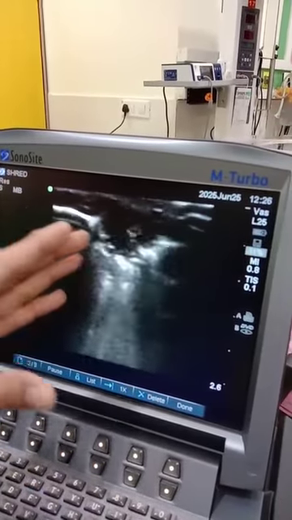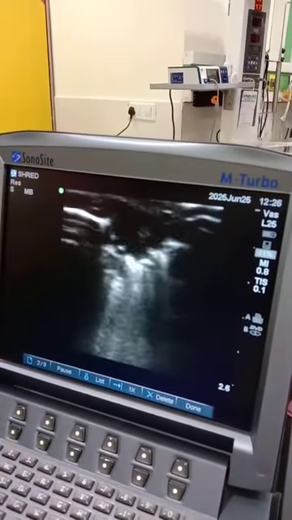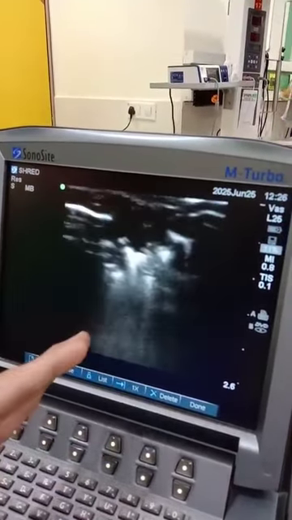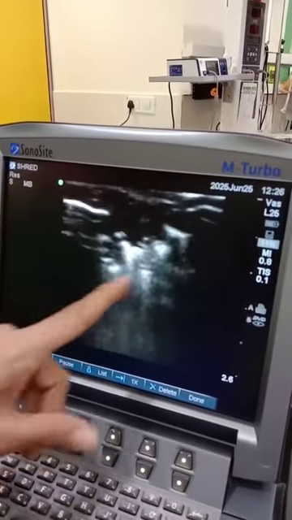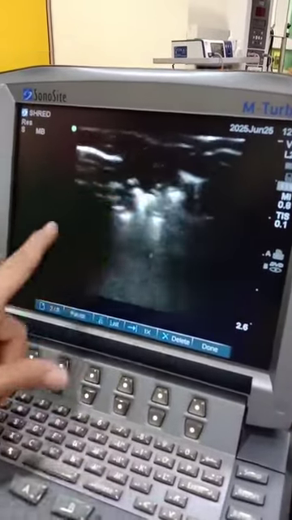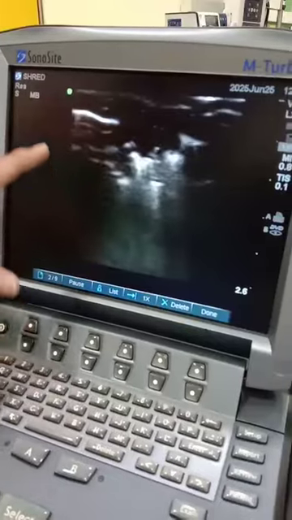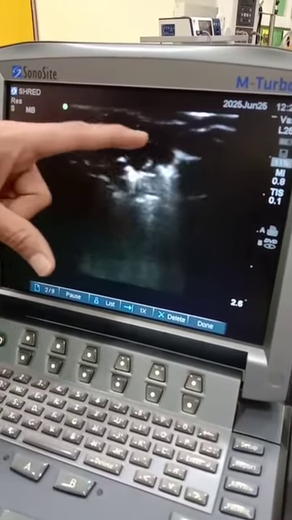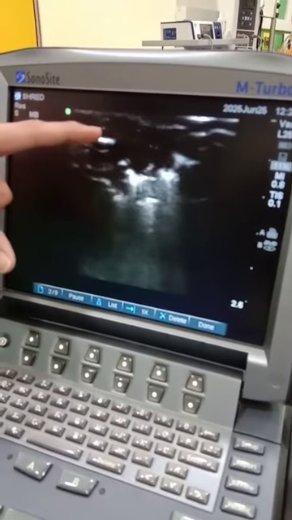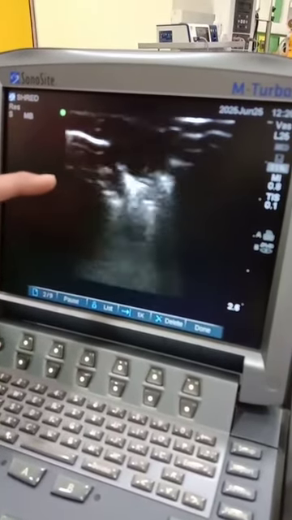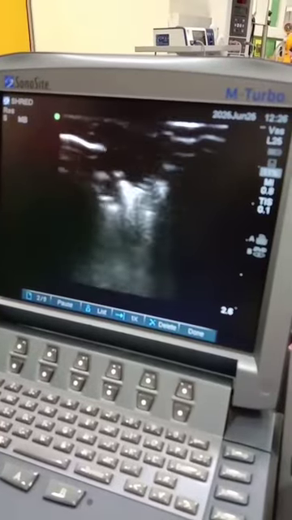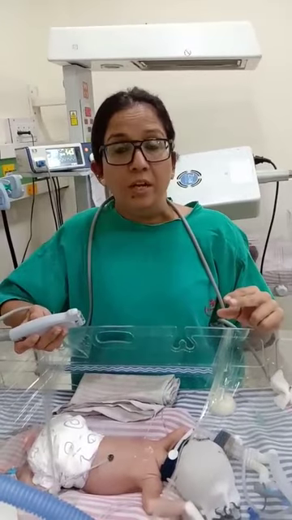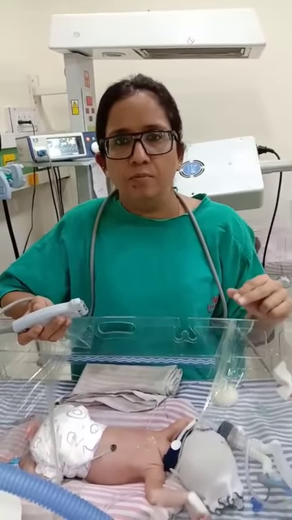So this is again a double lung point, which means that double lung point is not very specific for TTNB, it can be seen in a case of pneumonia also, and this area is a B profile. So overall you can call it an AB profile, or this is also a C profile with the absent pleural line. So you can even call it a B prime profile. So I showed you two videos which were of the anterior region of this baby.